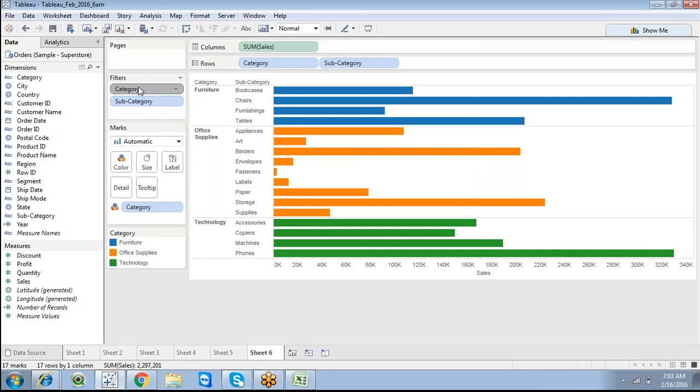I just want to change the order of category. By default it sets at the first level, and when it comes to order, it starts first. Context filters are listed first in the filter shelf. When we apply filters, the context filter is applied first, then subcategory or the other filters. So this is an independent filter.